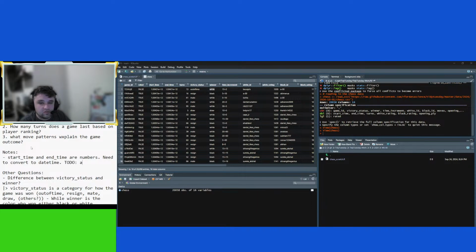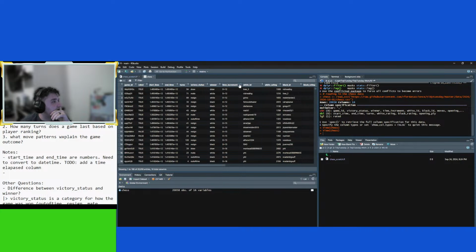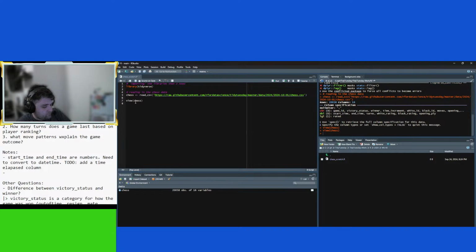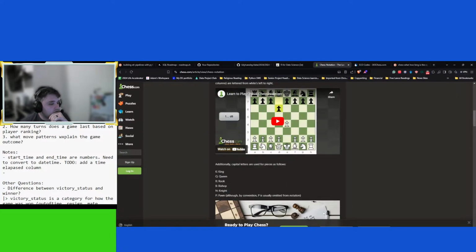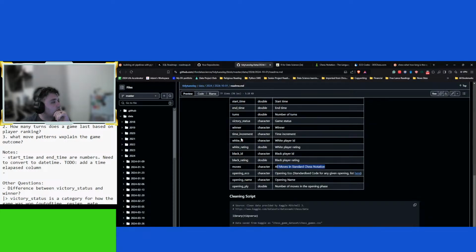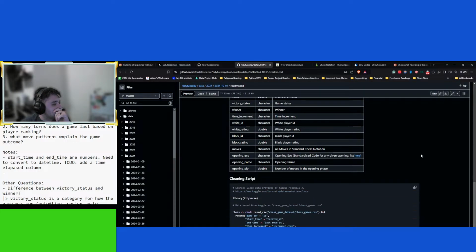To do: add a time elapsed column. Okay, time increment. Didn't want to do that. Okay, time increment. I guess I don't really know what that means.